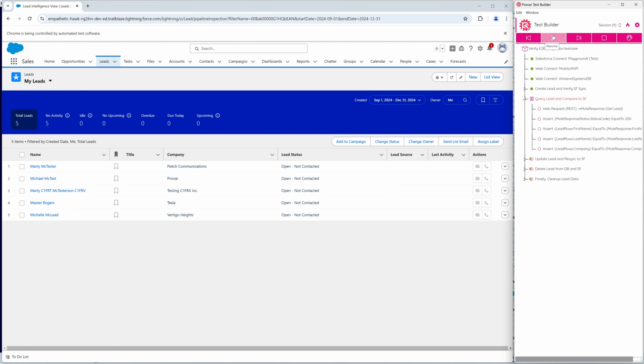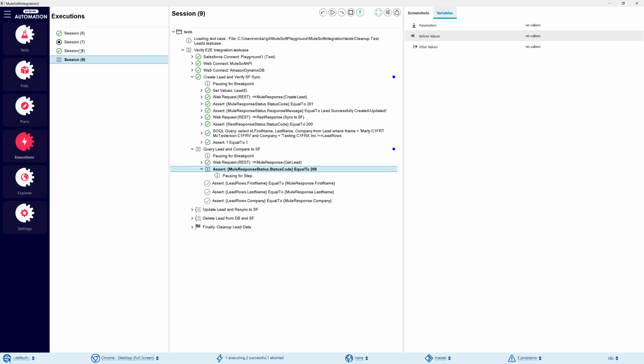Next, we're going to query a lead and compare the data directly to Salesforce. So we have a get lead request. It's going to hit that Dynamo database. We're going to do a basic assertion there, and then we're going to compare the data that we've retrieved from our Salesforce query. If we go ahead and back out here and look at what this is doing behind